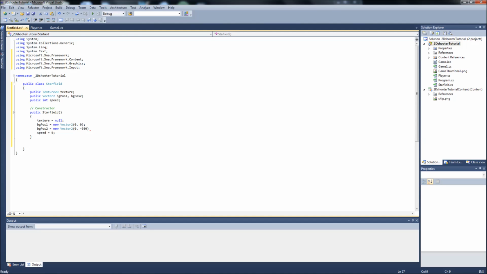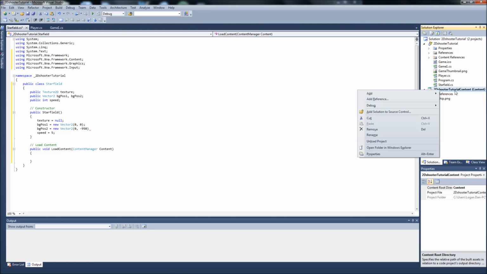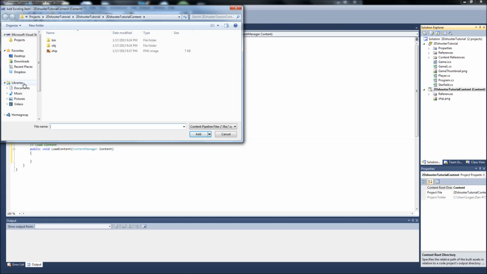Okay, and then we're going to do our public LoadContent. So that's a public void, call that LoadContent, just like our player class. It's going to take ContentManager content. We're going to set our texture here. First, actually, let's go over to our content in our Solution Explorer, right click on your content. We're going to add an existing item, and